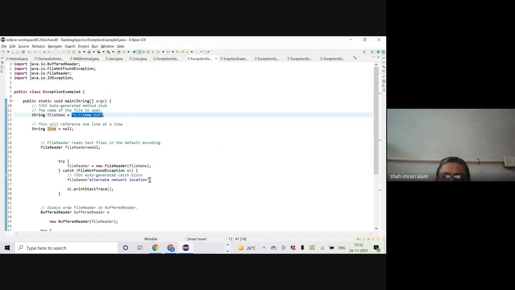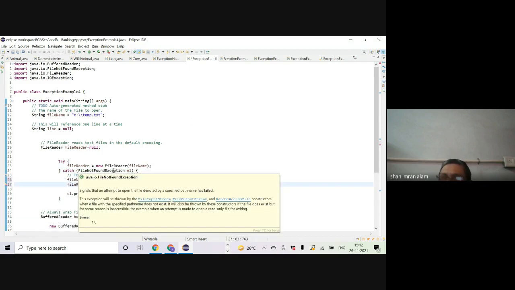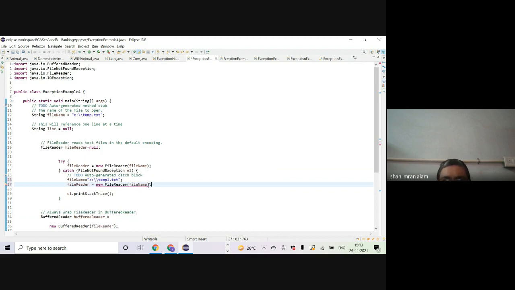available, so let me say that I am always creating a backup file temp1, so the name will be changed. Okay, and in that case what will happen, I will have to create the object also here after that, because it will not go back to the try block, so I have to copy and paste that thing also. What is the problem here? Unhandled exception type FileNotFound. Because again, this file temp1 may also be missing. Temp1 may also be missing, right?